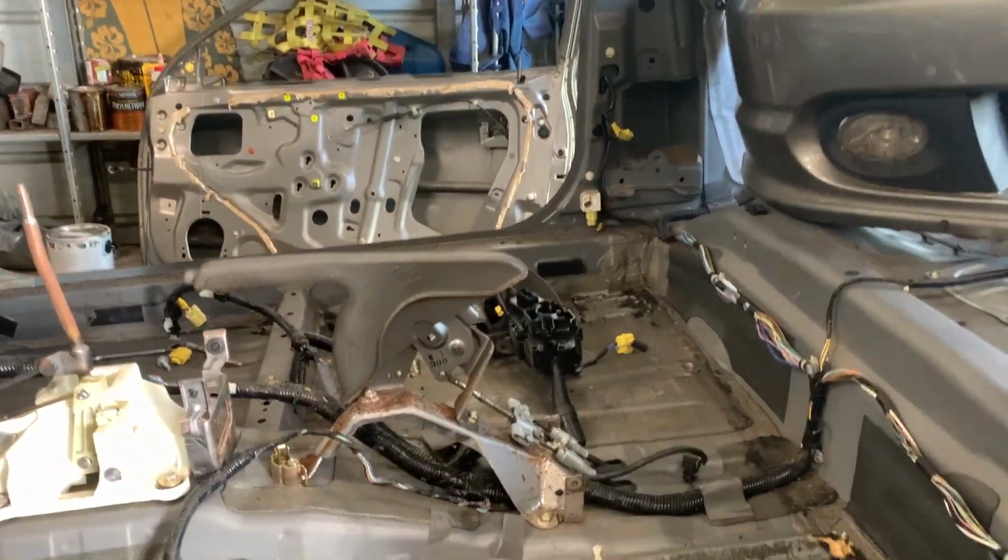We definitely want to get this out, so we're going to clean all these areas up first, get all this wiring done. We'll probably weld the steering thing in when my friend comes, and we're just going to completely get the car prepped. So let's